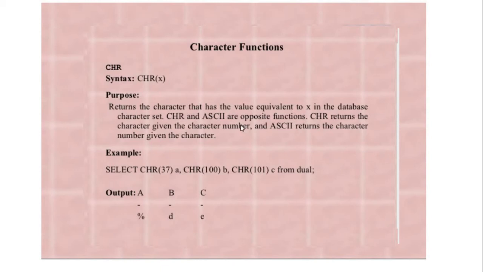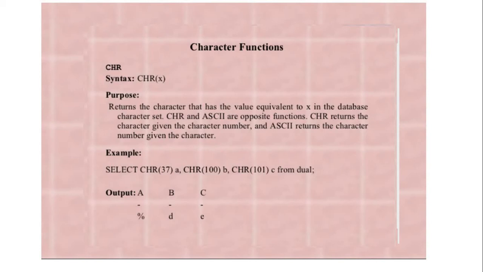Yes, you must be knowing this thing that the values, be it numeric or characters, are internally stored as some ASCII values. So when we have to convert some values to their corresponding ASCII equivalents, then we can use this ASCII function. And when we have to convert an ASCII value back to its character representation, then we can use this CHAR function.